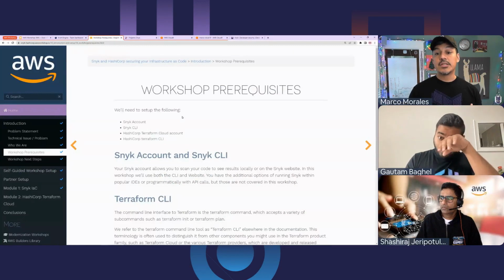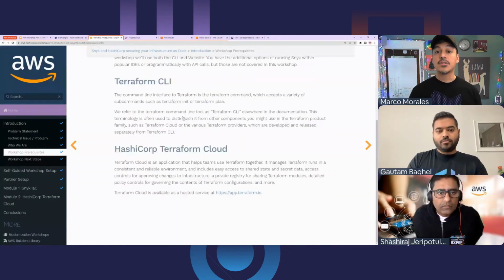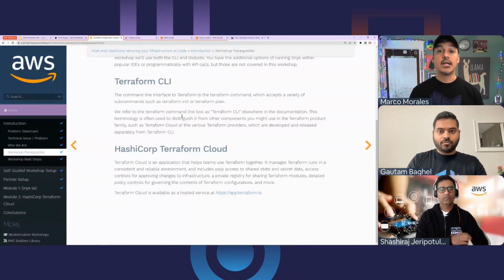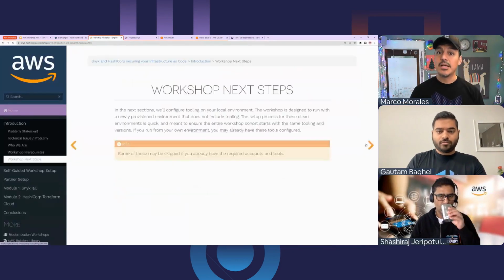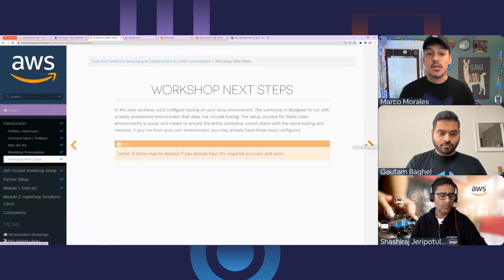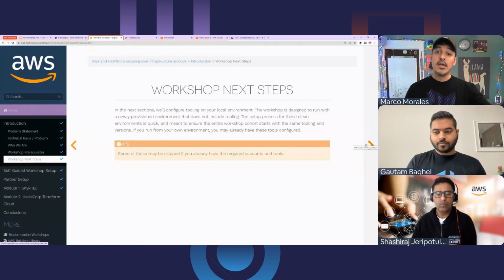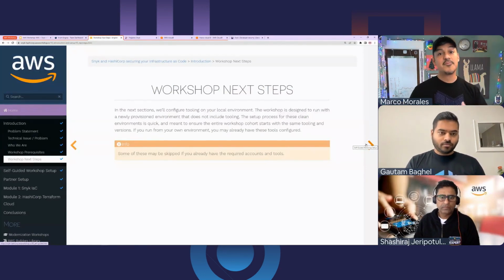Some of the other things we're going to set up are some CLI options. We'll walk you through those steps. And also there's going to be a Terraform Cloud setup, which Gotham will do after the first module of this workshop. So I'm going to focus on this Snyk stuff. It's a lot of cut and paste, but I'll have some explanations along the way. So again, we covered this first part, which if you were to read, will probably take 10, 15 minutes, or your teammates. We saved about as much time just walking through this.